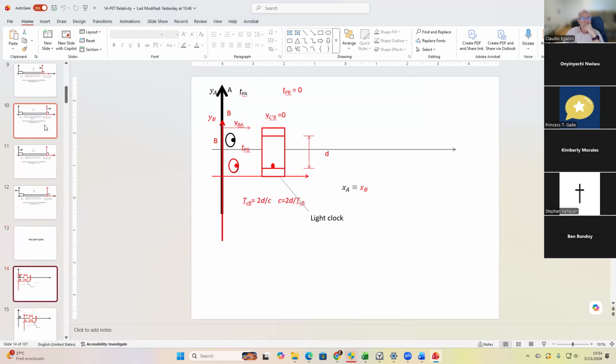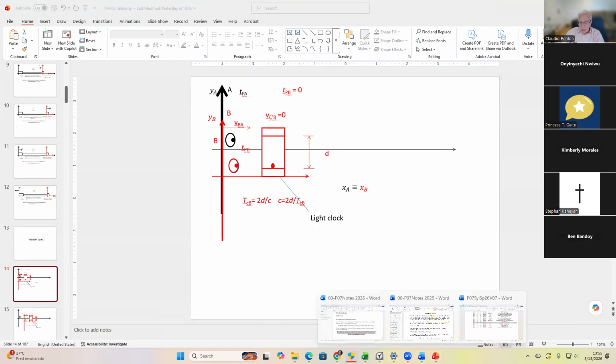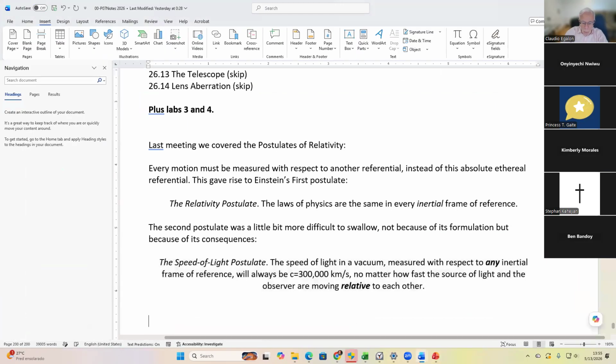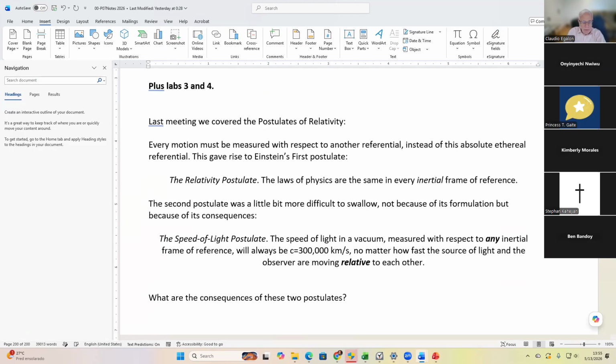And now we're going to look at the consequences of the second postulate. I'm going to spell out first the consequences, and then I will prove them for you, okay? What are the consequences of these two postulates? Okay, the first consequence, I'm going to spell that out to you, and I will be able to prove it, is that